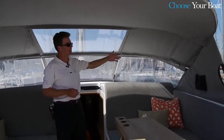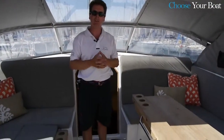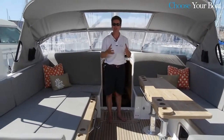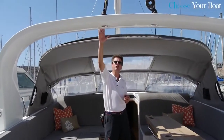It has built-in lighting. So it really is a very protective zone, and of course when you couple that with the big bimini aft, you can have a total protection from the sun, the wind, the cold, the rain, etc. And the other thing that is a nice feature of the boat is the main sheet arch,